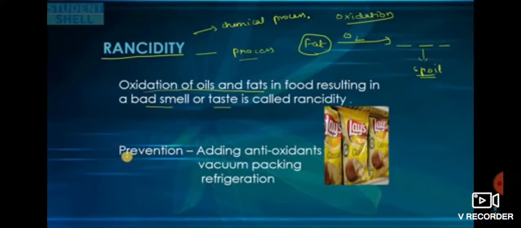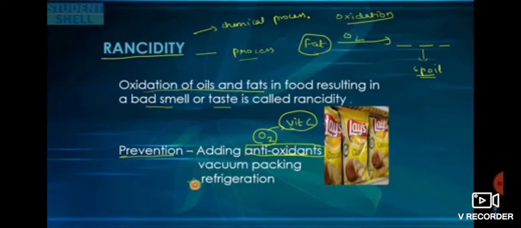Now what are the methods of prevention? Now this is very important. First, I add antioxidants. Antioxidants are the substances which prevent the reaction of oxygen with this food particle. So I'll add antioxidants to it. Now, what are the examples of antioxidants? Vitamin C is a good example of an antioxidant. So to prevent food from getting rancid, one of the techniques is to add antioxidants to it so that the process of oxidation is slowed down to a level.